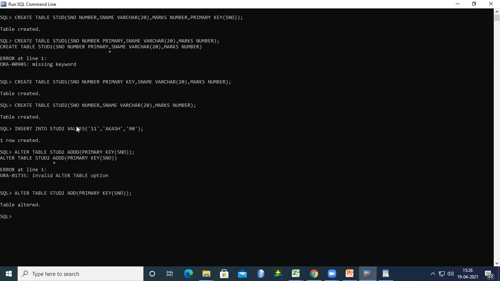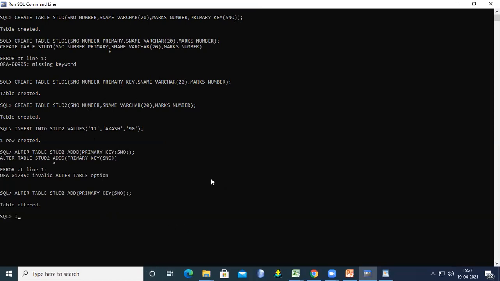So that means up to now we have discussed three types of ways of creating the primary key. If you want to note down, please note down this. In the first way, we mention it at the last. First of all, we specify all the field names. At the final stage, we specify primary key of field name. So this is one type of way. The second type of way is directly giving the primary key. The third type of way is, after creating the table, we add the primary key. Anyhow, the purpose of the primary key is to uniquely identify the data from the database.